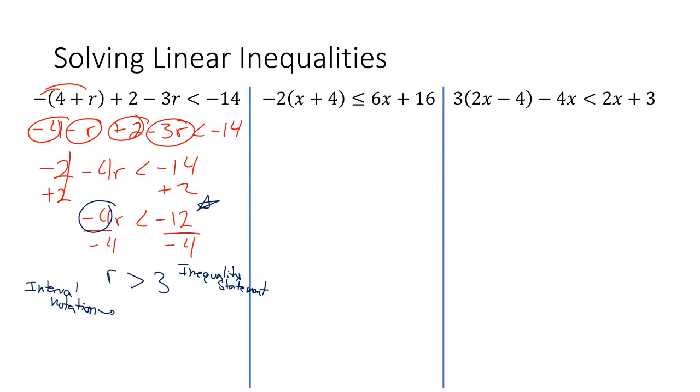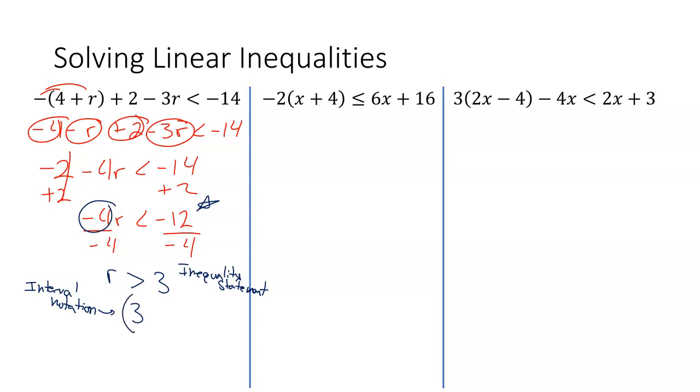The smallest possible number if R has to be greater than 3. I can go lower than 4, all the way down to 3, but not 3, right? So as close as mathematically possible as we can get to 3. 3.000000000, run out of breath, add a 0 at the end, and then another 1, okay? As close as we can mathematically get to a 3, but not including 3. So 3, for all intents and purposes, is our starting point, but to indicate that, no, not 3, we use